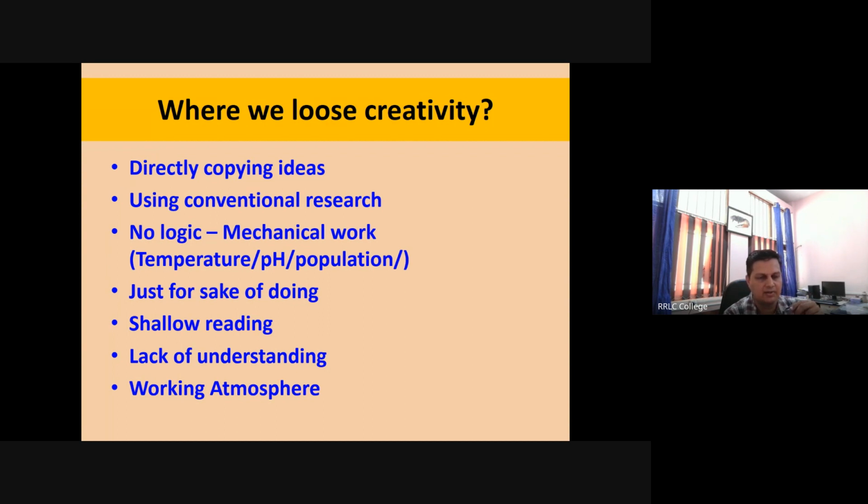If 3 or 4 researchers are there in one lab, they can share authorship, they can help each other in research, and how they can connect each other's research, we call it multidisciplinary research. Working atmosphere, if it is healthy, I am sure you will have fantastic results and you will enjoy doing your research.